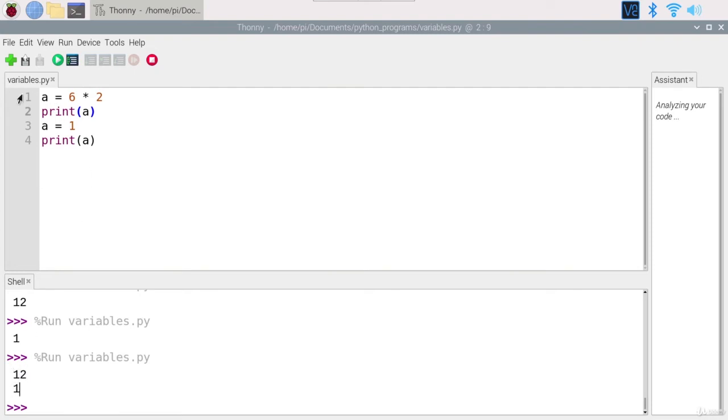Because the program gets executed in order. So first we go to line 1, A equals 12. Second, we print A, so we print 12. And then line 3, we set a new value to A. And then line 4, we print the value from A. This is the exact same line as line 2, but this time the value inside A has changed and